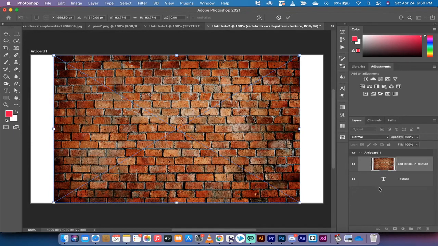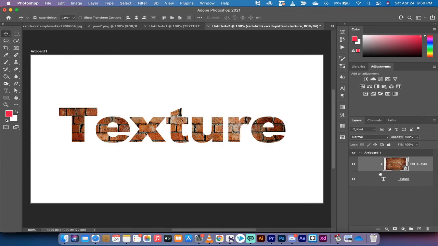Now, this looks kind of silly right now, but here is the one critical part. All you need to do is hold down the Alt or the Option key on your Mac or your PC and hover between these two lines right here. This is going to create a clipping mask. Left click when you see that little arrow down in the rectangle or the square. And that's it. Now your texture is clipped to the